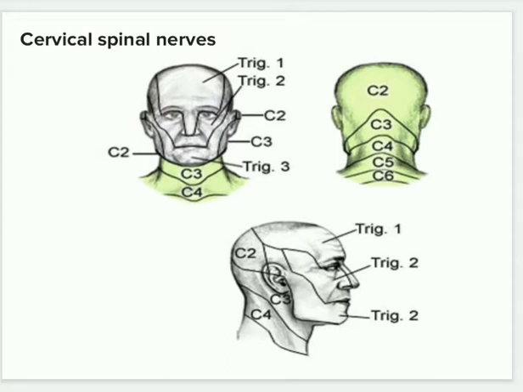Let's see, C1 has no dermatome. Entering into C2, C2 has the lower jaw region. Here you can see the first picture, lower jaw, and C2 also has the back of the head. C3 is your upper neck and also the back of the head. C4 has the lower neck and also the upper shoulders. C5 is your collarbones and also your shoulder level. That is your sternum point of view.